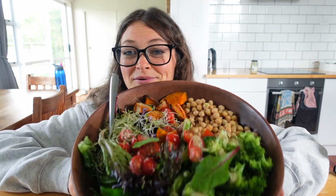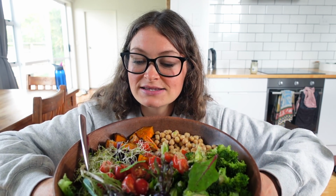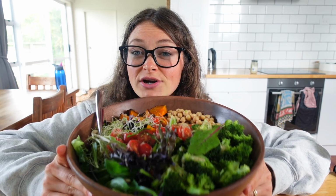Like, look at the rainbow in this. This is such a healthy meal. And yeah, it's like nearly 600 calories. I know some people are going to be freaking out about this, but you're going to struggle to even finish